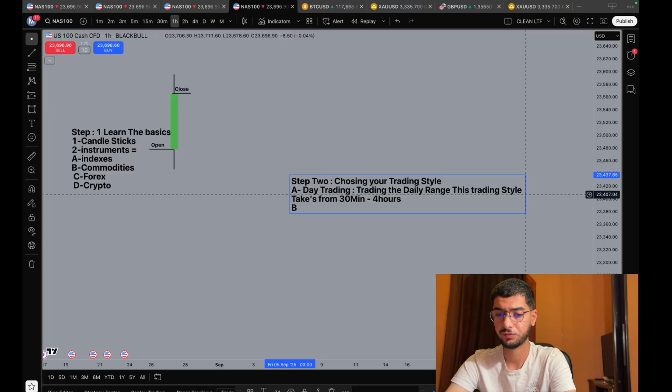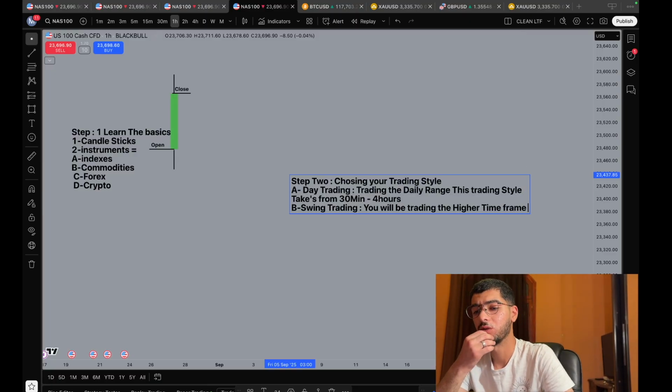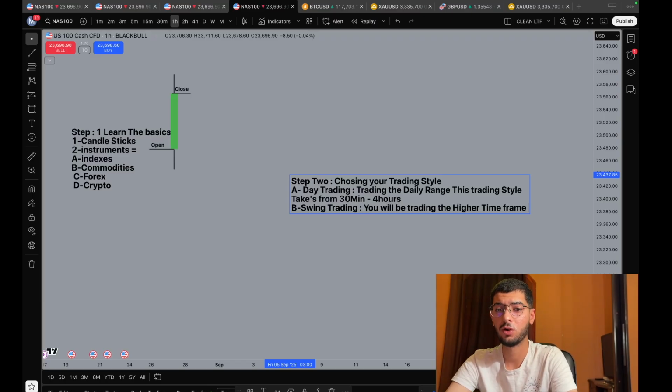And then we have swing trading. Swing trading would be better for people who work jobs and don't have time to be on charts all the time. The swing trading style is good because you will be trading the higher time frame, meaning you pick the higher time frame from 4 hours to the daily time frame to the weekly time frame,